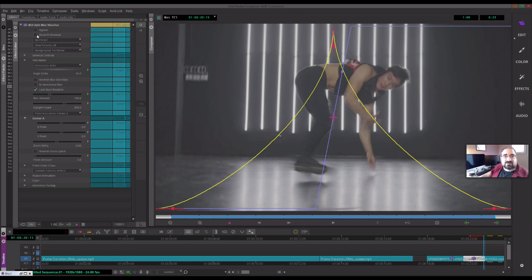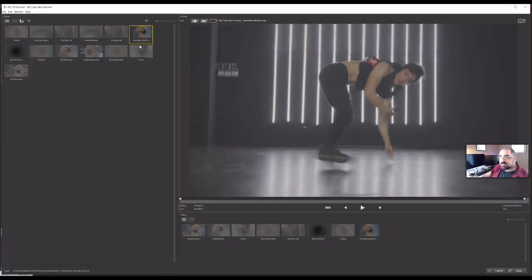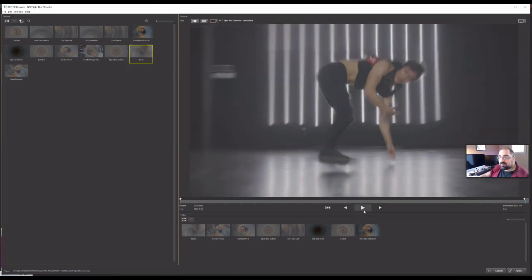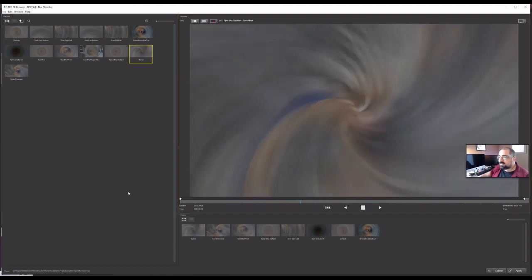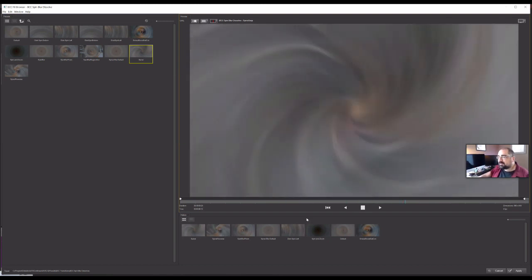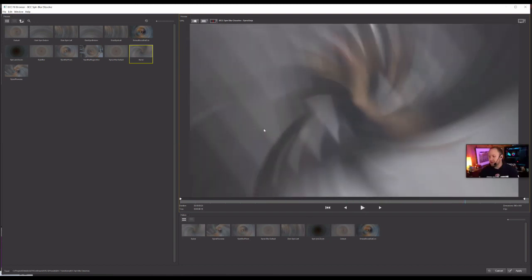So in the FX browser, these are either factory installed presets that exist there, or you can actually save your own to the library. They'll pop up here, and you can just select them and use them. You can preview them on the actual footage, and give you a sense of what that looks like. Obviously that similar functionality is part of the Sapphire builder, but then it goes and does a whole lot more with creating custom looks, custom plugins,